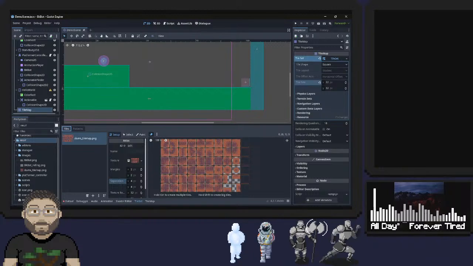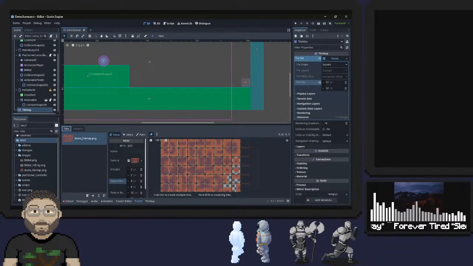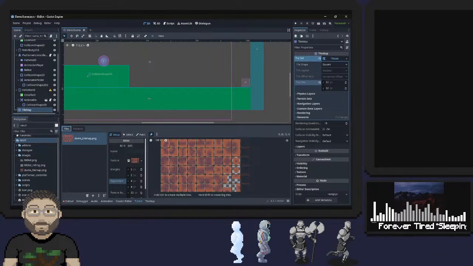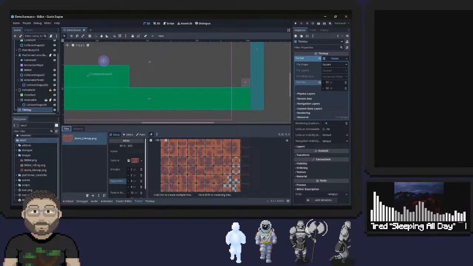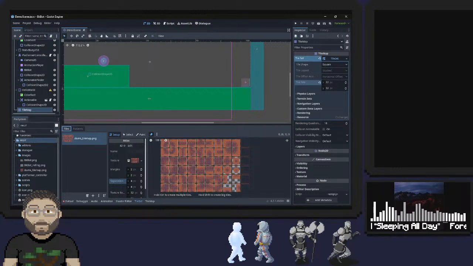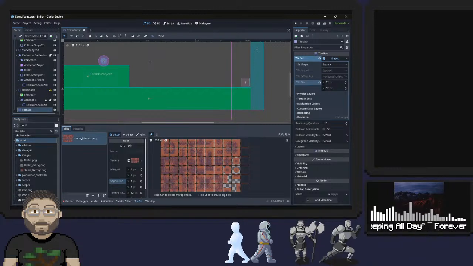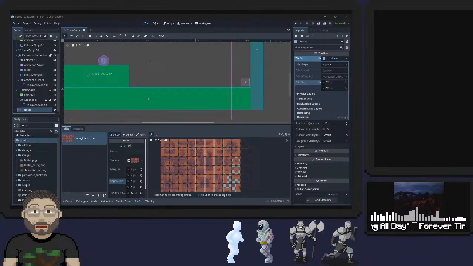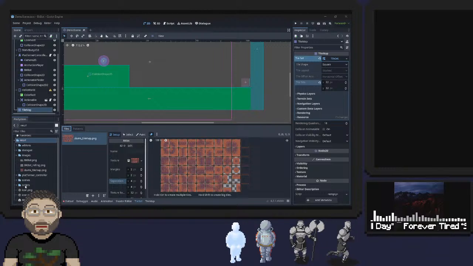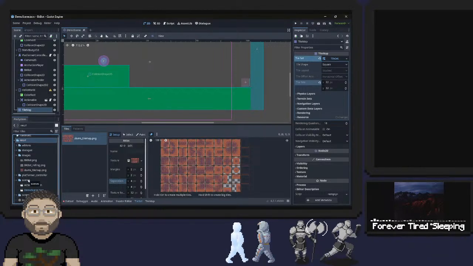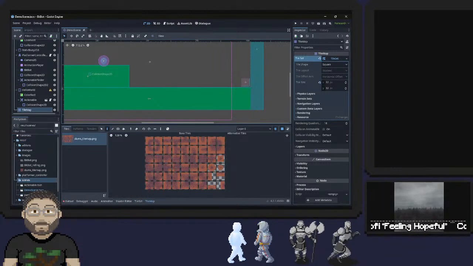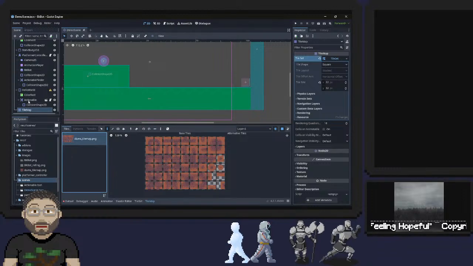Whatever. Create a scene containing CPU particles 2D root node. Okay, so and now I can add this to the